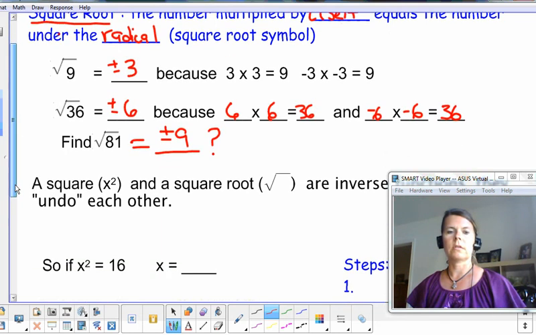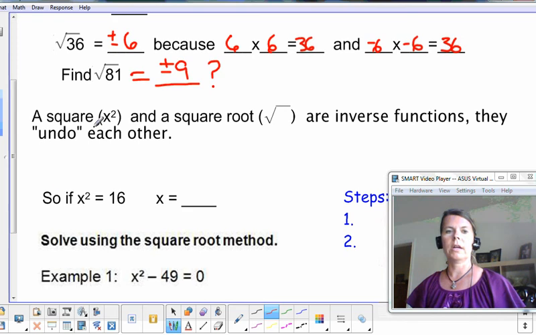We're going to solve some equations, and a square and a square root are inverse functions because they undo each other. Like addition and subtraction undo each other, multiplication and division undo each other, square and square root undo each other. So guess what? If we have to get the x by itself, to undo the square, we square root it. And then the square root and the square undo each other, but what you do to one side, you have to do to the other. So we square rooted that side, so you have to square root this side as well. And then this becomes x,